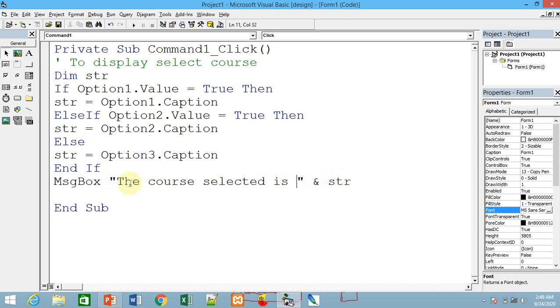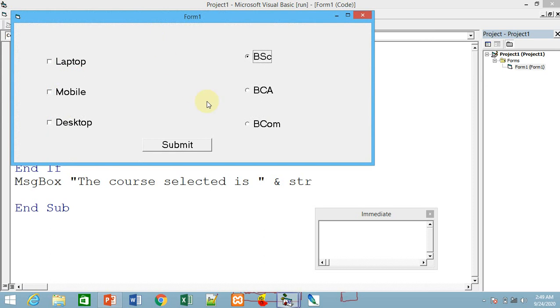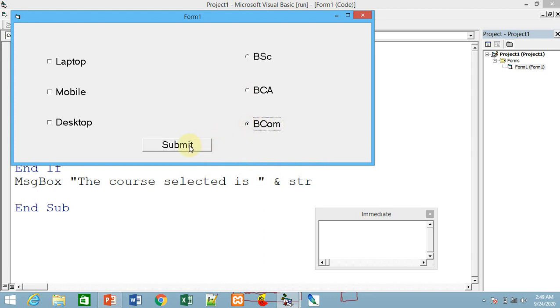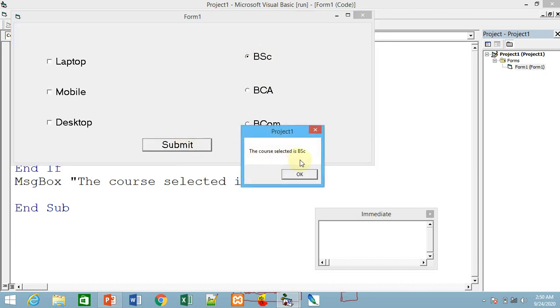So the course selected is either BCom or BSc or BCA. I have selected BCA. The course selected is BCA. Again, course selected is BCom. Then I select the first one, so course selected is BSc.